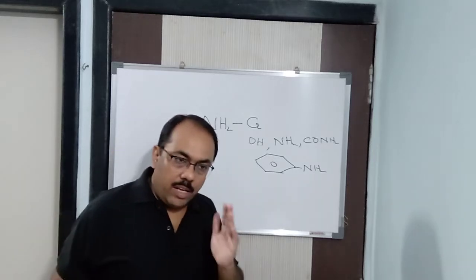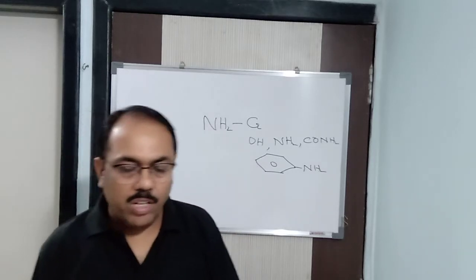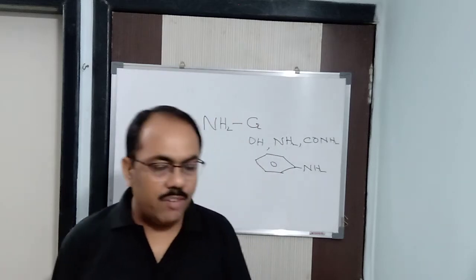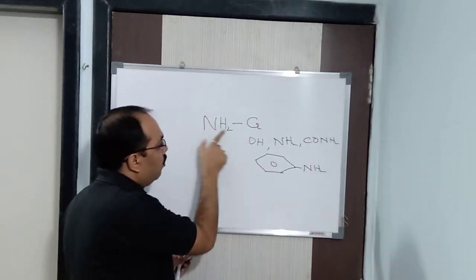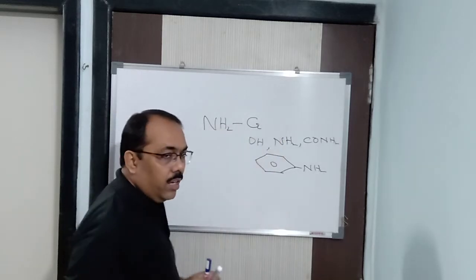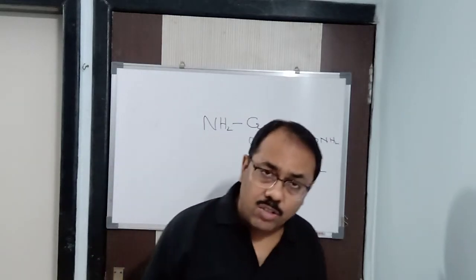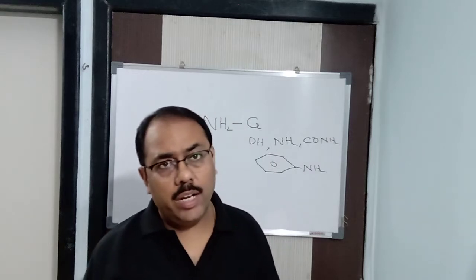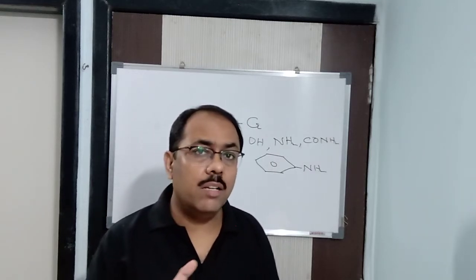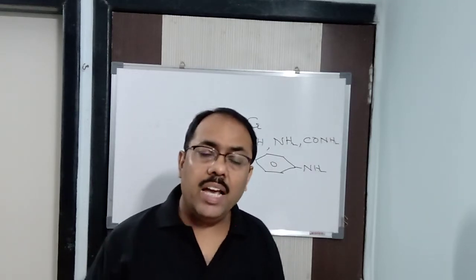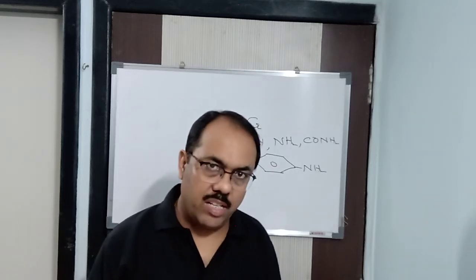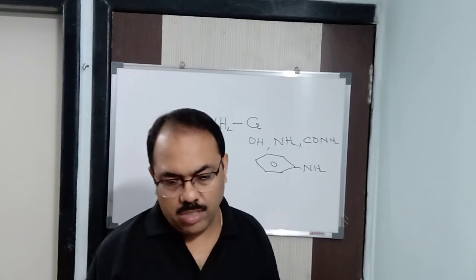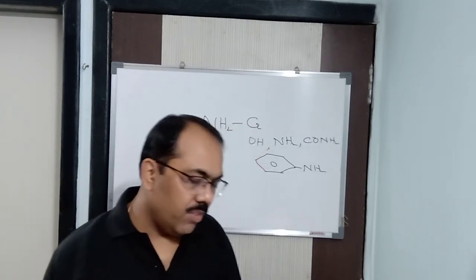Now here you have to understand the mechanism. These ammonia derivatives are weak nucleophiles. An ammonia derivative like NH2OH is a weak nucleophile, NH2NH2 is a weak nucleophile. I have already told you earlier that if it is a weak nucleophile, it will be carried out in a weakly acidic medium, where acid will catalyze the reaction. The H plus ion will catalyze the reaction.